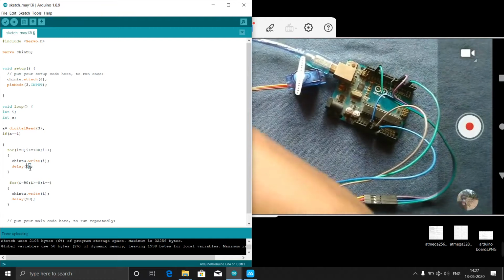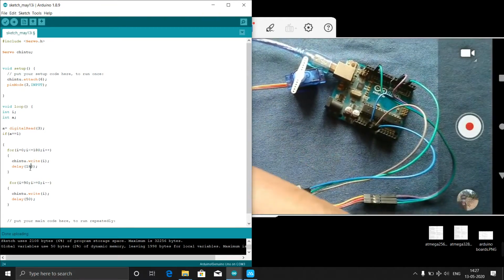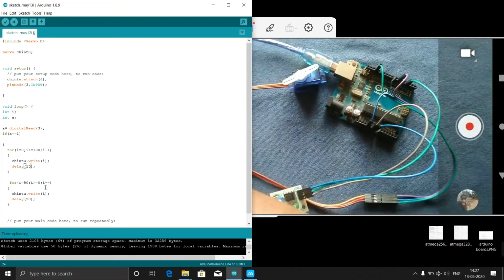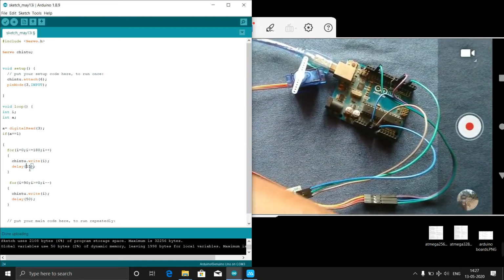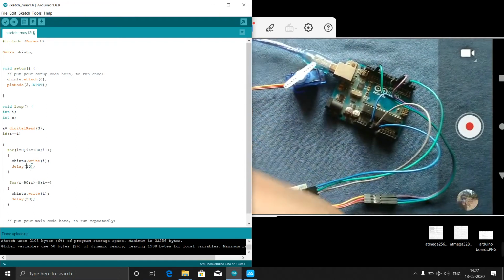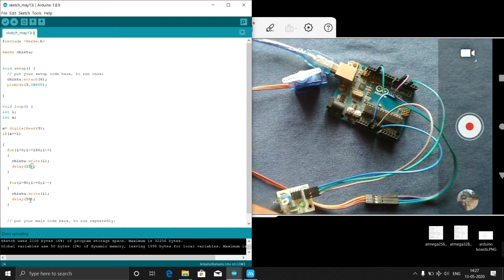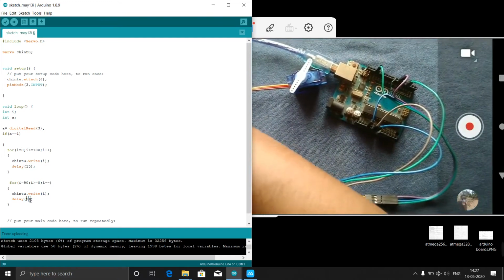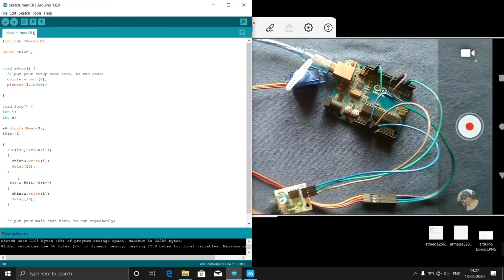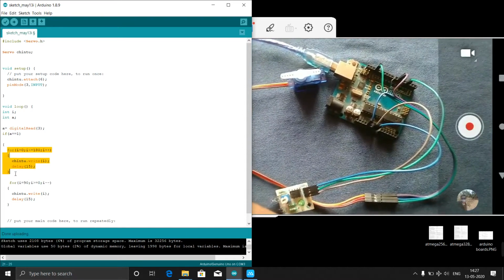Okay, this one I will make as, no, this is the delay, this has to be 15. Okay, 15 or 20, no, it is 50. You can take anything. Now we will take this as a 15. 15 delay time, that's enough I think. Now we will take this as a 15 delay time, and here after these 3 lines, the servo